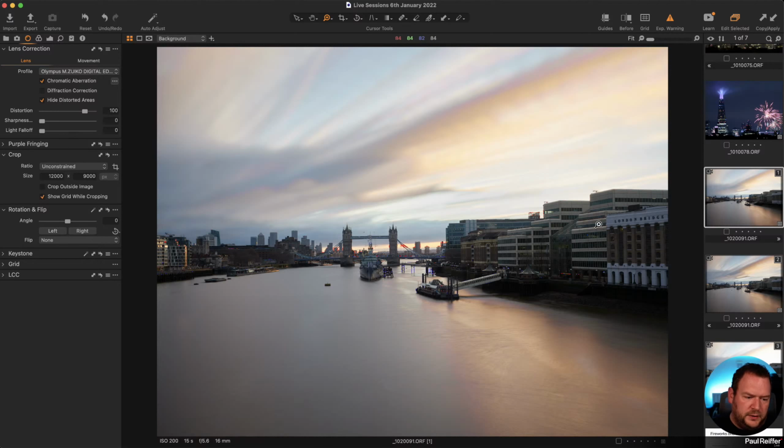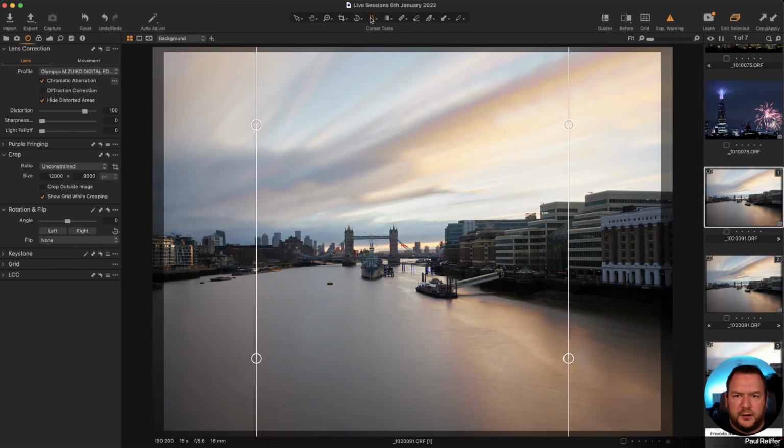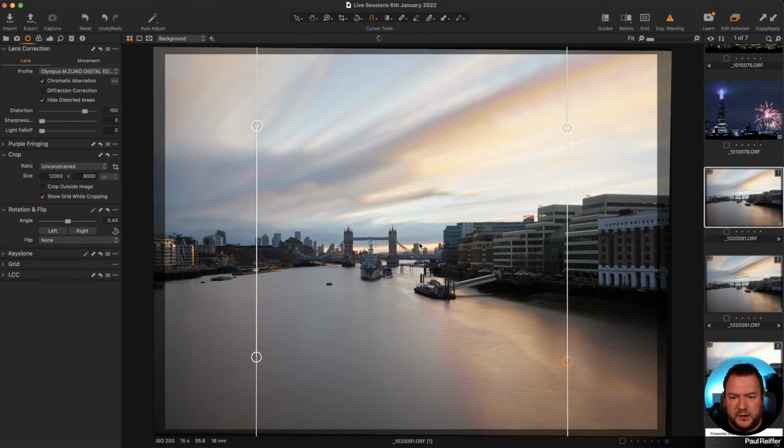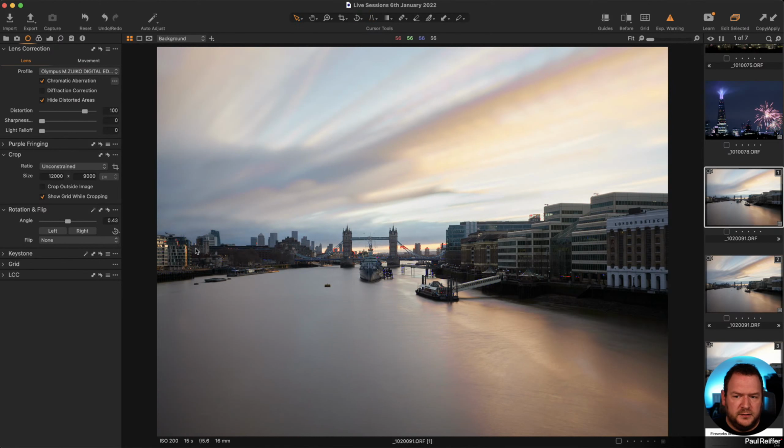So let's have a little look at our keystone tool. All I'm going to do on the right hand side is just pull this to match the lean of those buildings and hit apply, and we should get a nice clean line. So this is now upright, and this is feeling more upright on the right hand side. So we've got rid of that lean in.